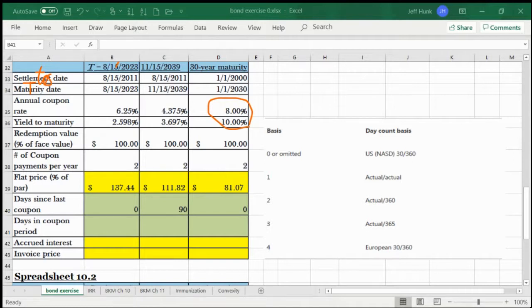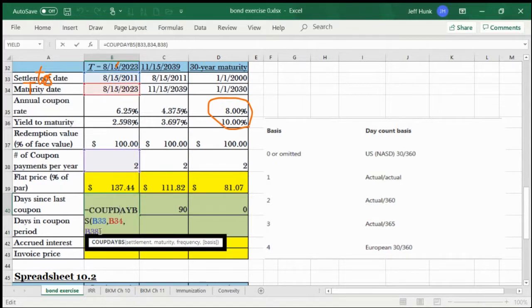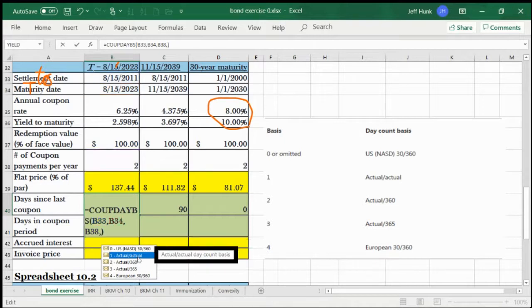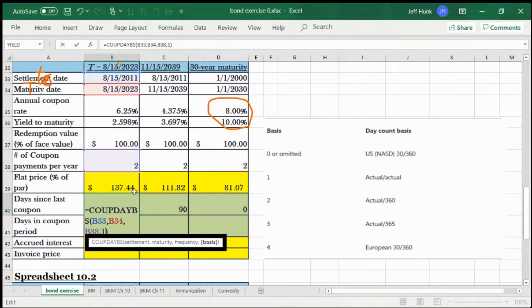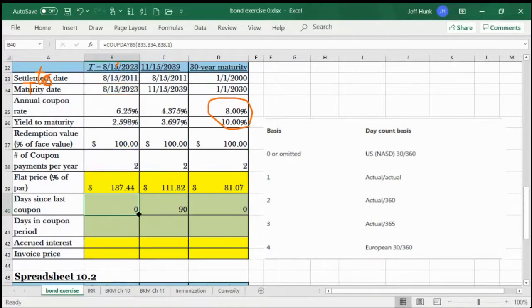oh, and there is one thing I missed, because when I entered this, there was one more variable, and then frequency and then basis. Basis means if you are using actual dates, or the ordinary 360 days a year or 365 days a year. Okay. Now we use actual, so we enter. Double click on one, and then copy it across. Okay, now we got